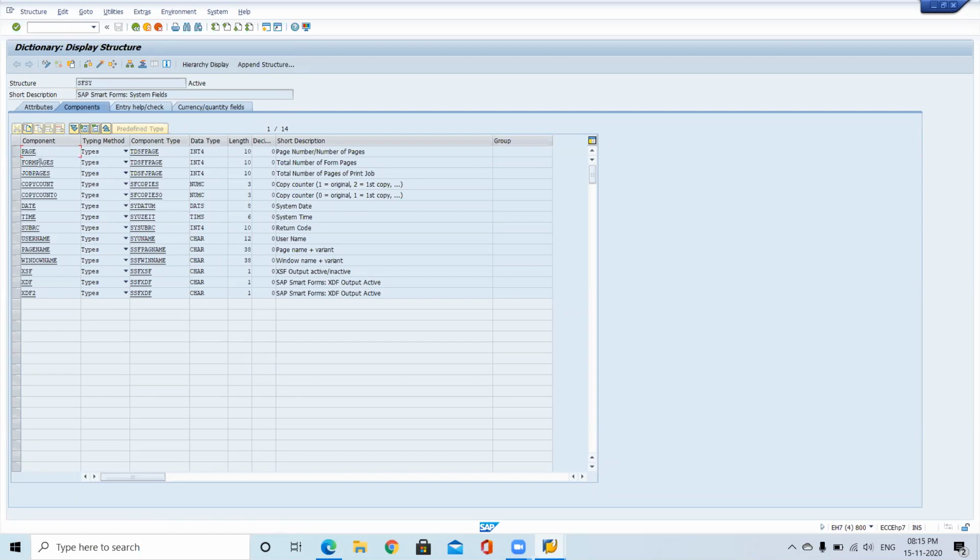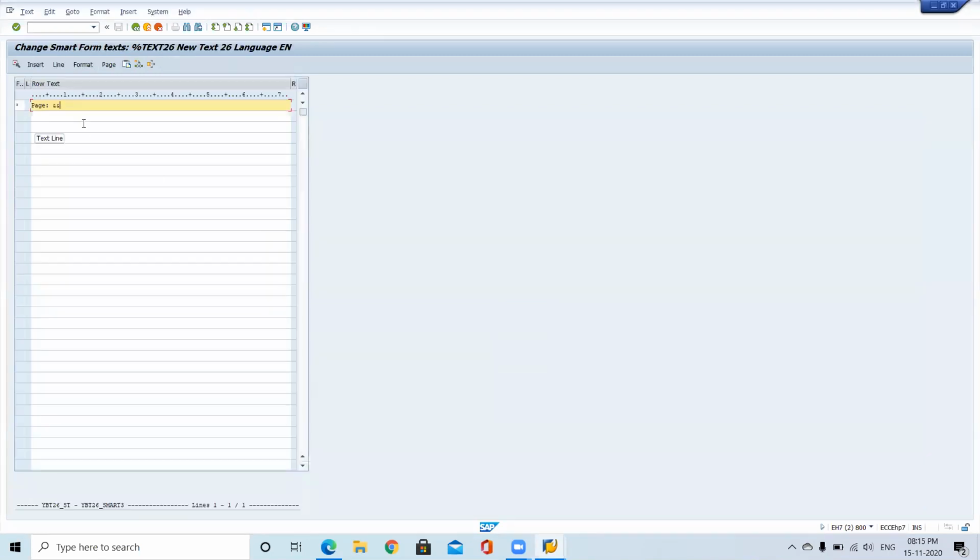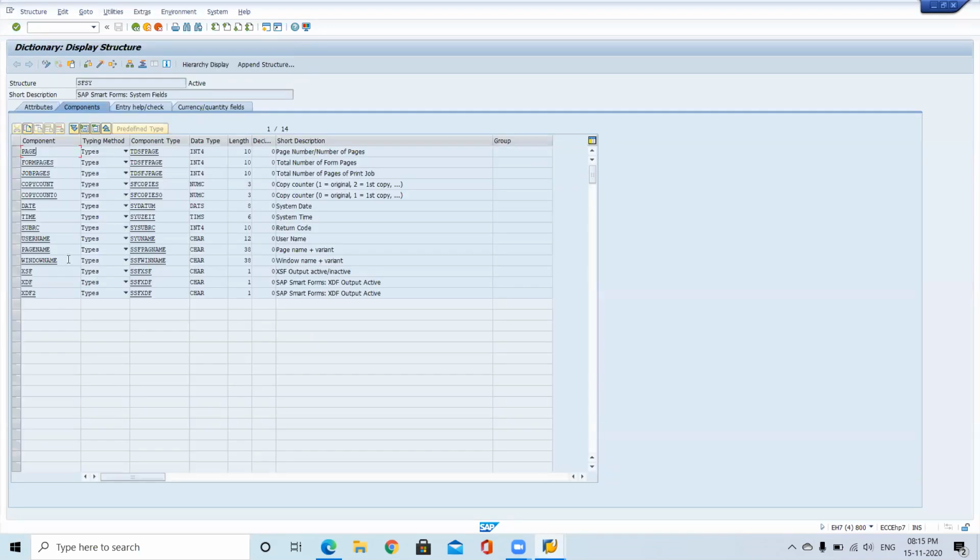Your current page value will be stored in the page variable. So how to write it if you want to print the current page: SFSY hyphen page, okay, of, and I want to know the total number of pages. That value will be stored in form pages.